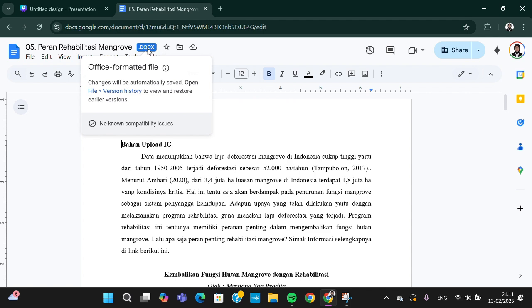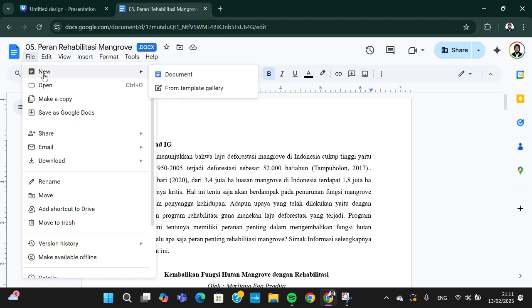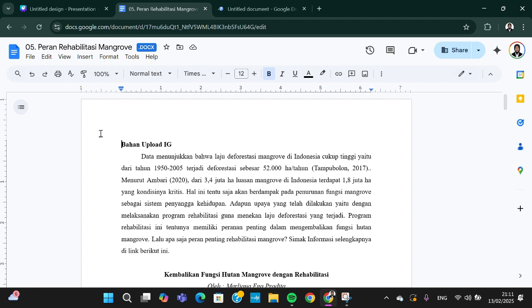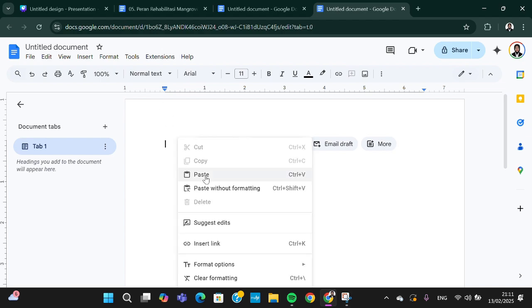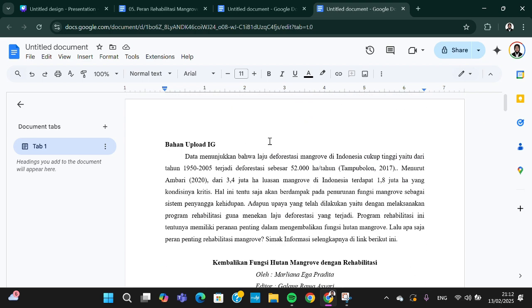to the Google Doc. I'm just going to create a new document and copy and paste. I'm just going to copy all of the text here. We can click Control C or right click and select copy, and then I'm going to go to my new Google Doc. Okay, and now the text has been copied to the new document,